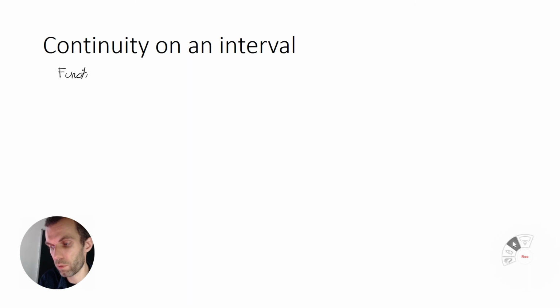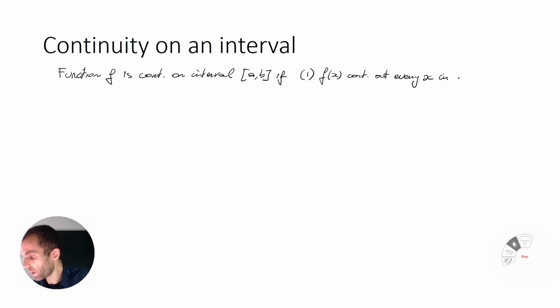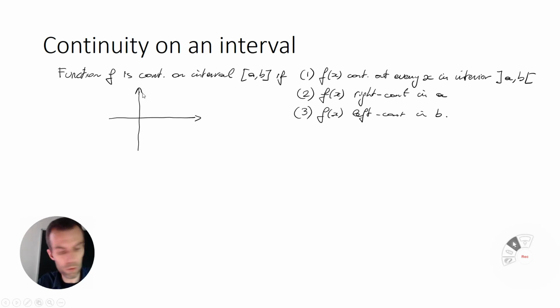So again, we want to say something about a function f is continuous on an interval AB if, and now three conditions have to be satisfied: f continuous at every x in the interior of AB, and then secondly f of x right continuous in A, and f of x left continuous in B. And intuitively, what continuity over an interval means is that the function doesn't have any jumps